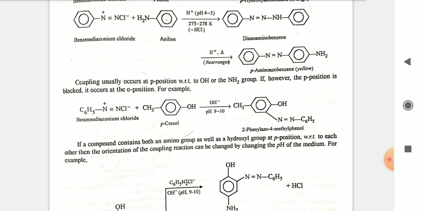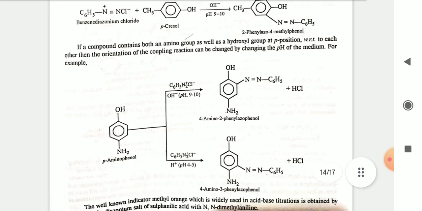2-phenylazo-4-methylphenol. If a compound contains both an amino group and a hydroxyl group at para positions with respect to each other, then the orientation of the coupling reaction can be changed by changing the pH of the medium. For example, p-aminophenol with C6H5N2+Cl- and OH- at pH 9 to 10 will give 4-amino-2-phenylazophenol, and with C6H5N2+Cl- at pH 4 to 5, in the presence of H+, it will give 4-amino-3-phenylazophenol